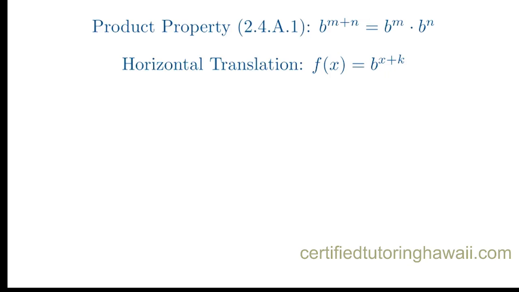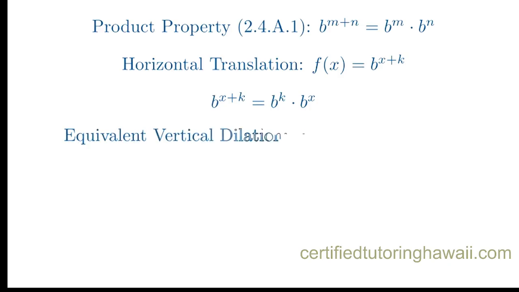We can separate the exponent. x plus k becomes x plus a constant k. So, we can rewrite b to the power of x plus k as b to the power of k, multiplied by b to the power of x. Notice that b to the power of k is just a number. Let's call it a. So, our function becomes a times b to the power of x, where a is a